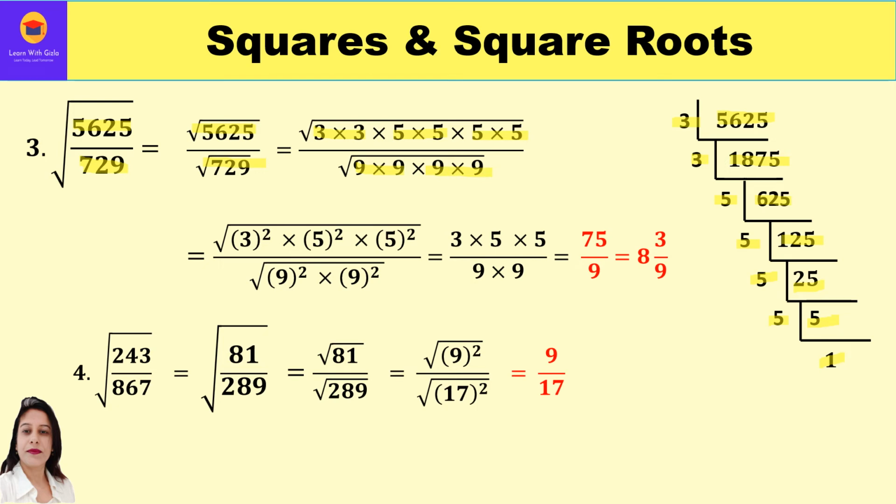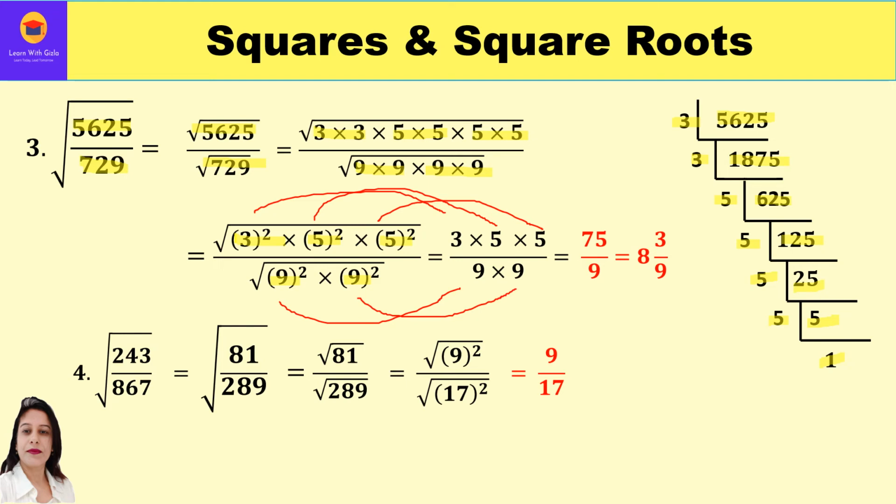Right? So over here, if you observe, 3 into 3 is 3 square, and 5 square and then 5 square. So we can write in this form. Similarly, 9 square and 9 square. Now take out one of the factors from each pair. We are going to take out one of the factors and find their product. Okay, so now find the product.